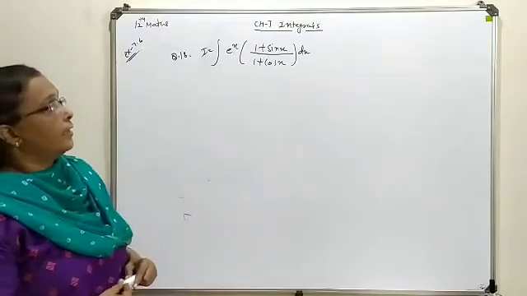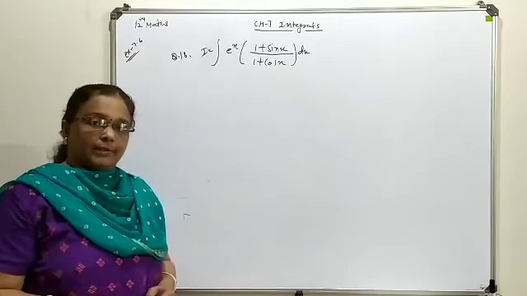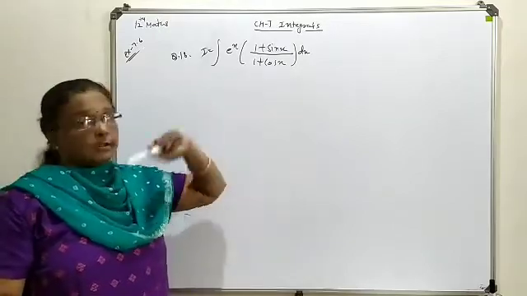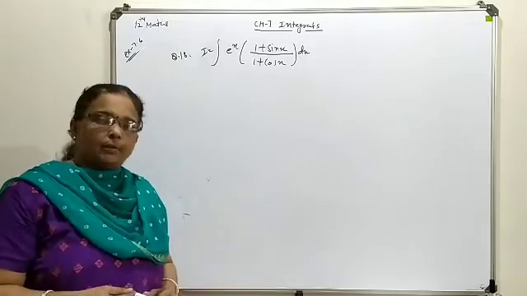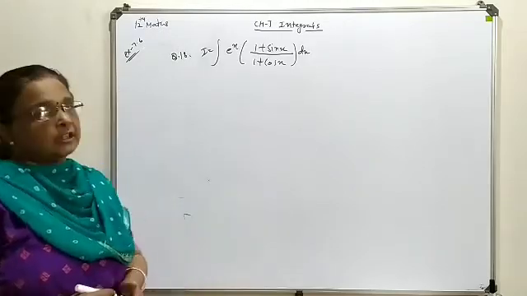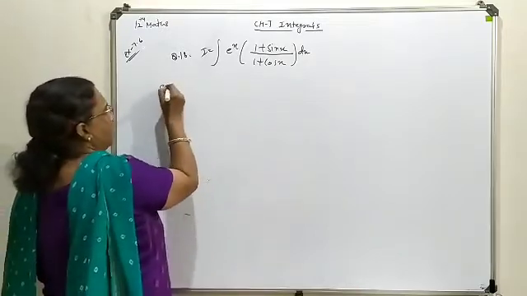So here this sine x you will write as a half angle, 2 sine x by 2 cos x by 2, where 1 plus cos x in the denominator you will write as 2 cos square x by 2. You are familiar with these two forms, we have implemented them many times in 11th standard, and here in 12th also.